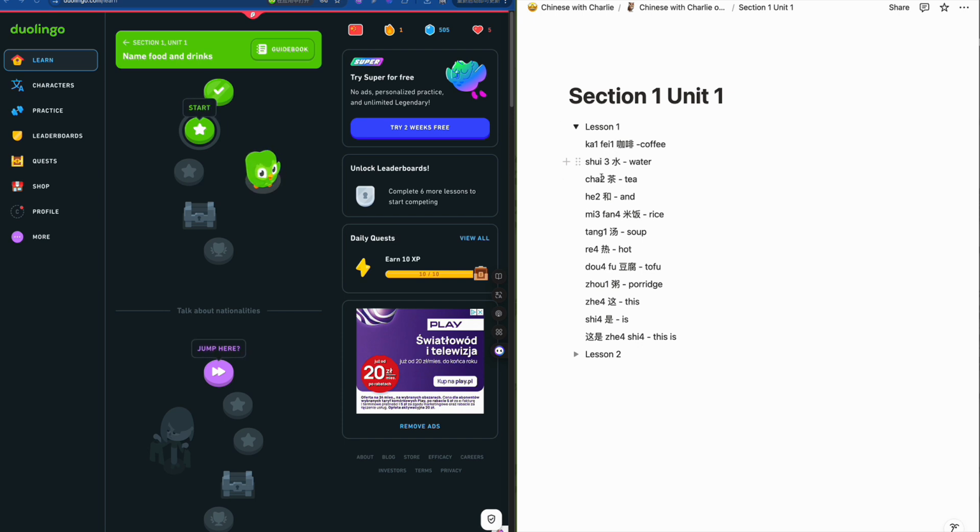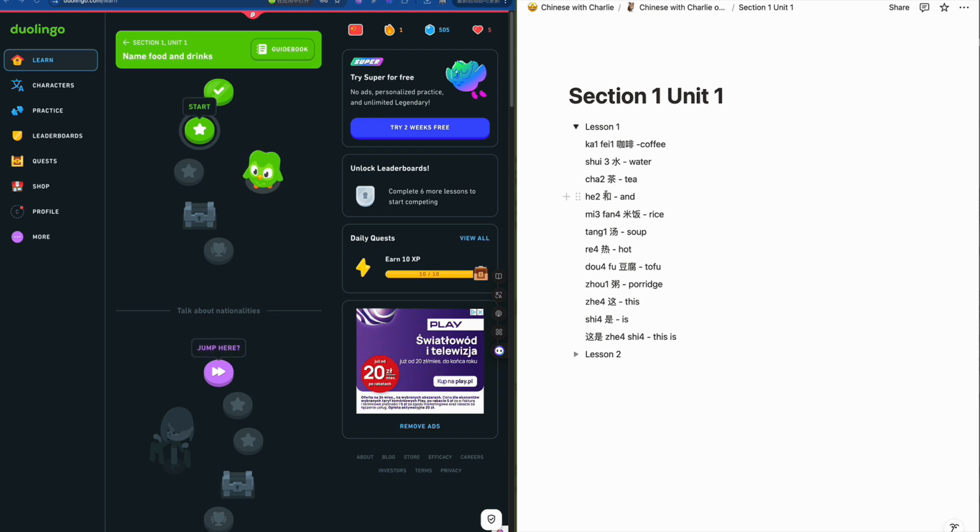水，茶，喝，米饭，汤，热，豆腐，粥，这是。And in our first lesson, I told you that 这是 means this is, and this is a very useful structure to introduce something to people. For example, you can say 这是咖啡，这是水，这是茶。